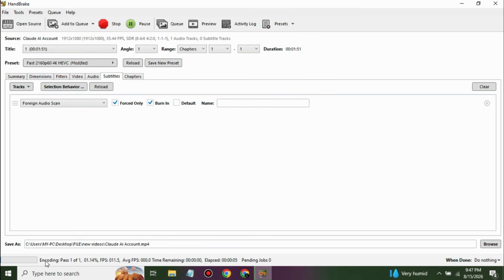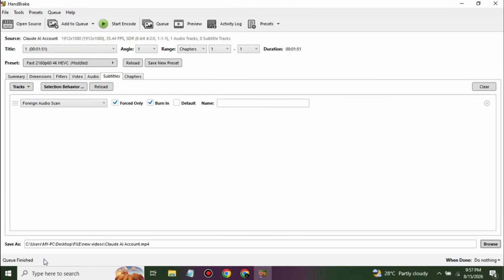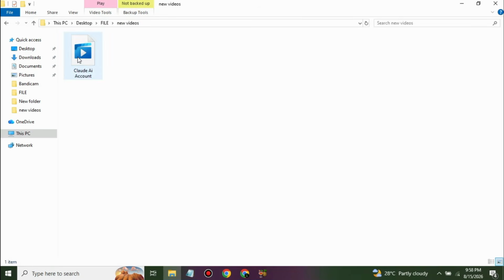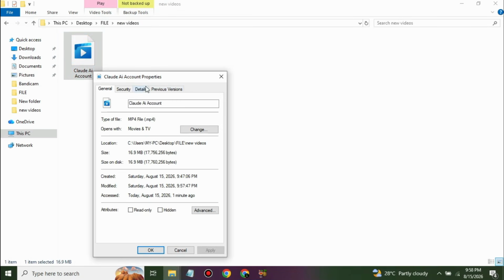And that's how to convert 4K videos in HandBrake. Open your source, choose a suitable preset and encoder, adjust the quality, check the dimensions and frame rate, and start the conversion. 4K encoding can take some time, so be patient and make sure your computer has enough storage for